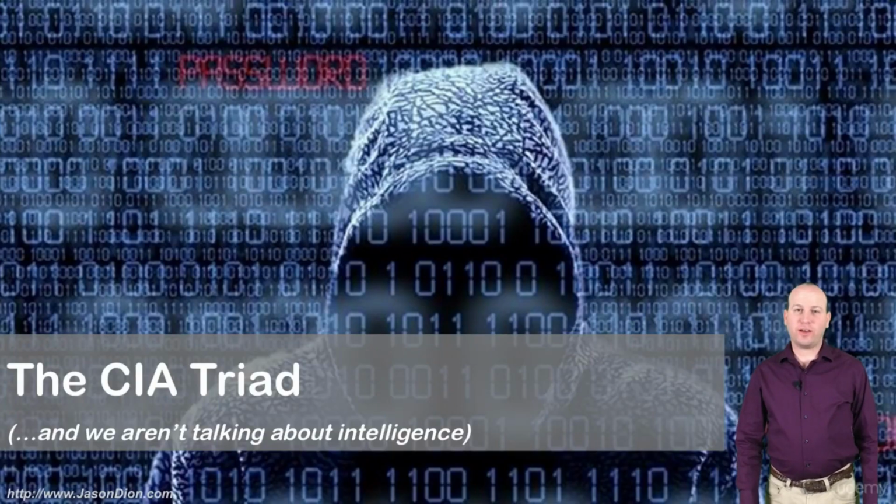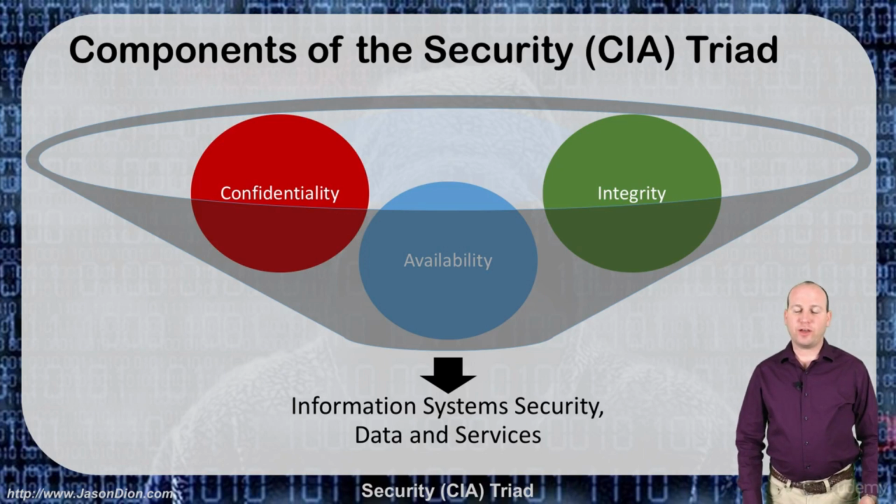The CIA triad, and we're not talking about intelligence. When we talk about the CIA triad in cybersecurity, we're talking about confidentiality, integrity, and availability. These three things make up the core of defense of our networks. If we can guarantee the confidentiality, integrity, and availability of our networks, we will have a secure network for us